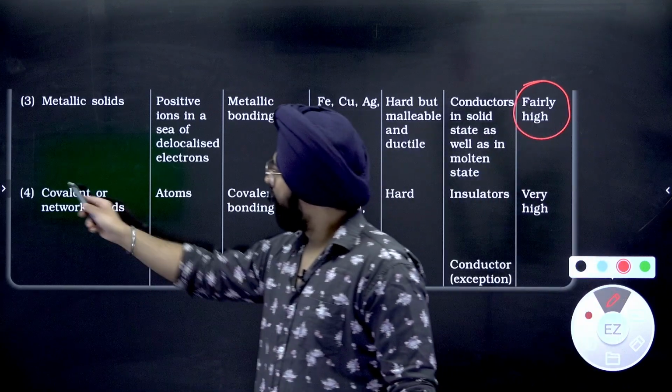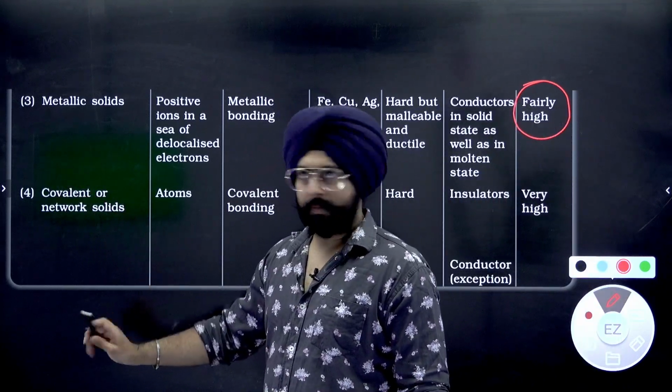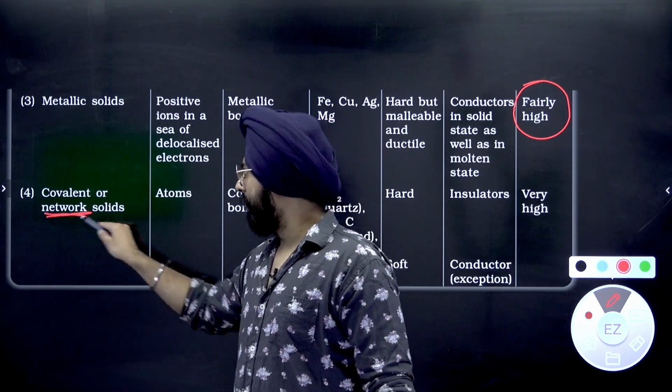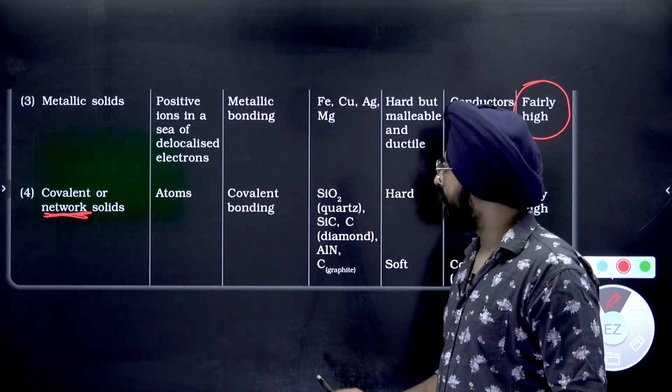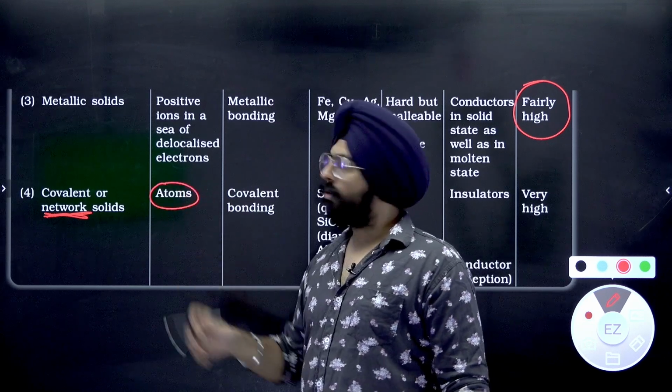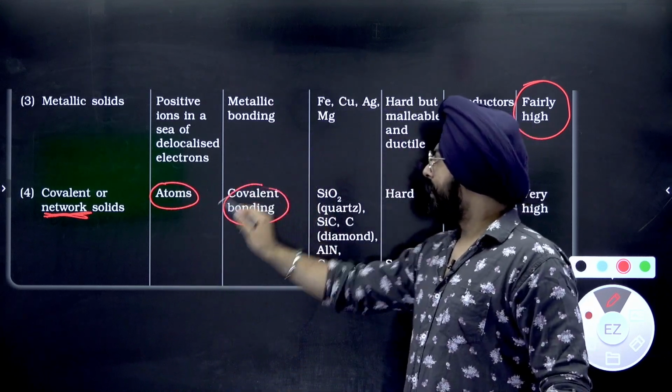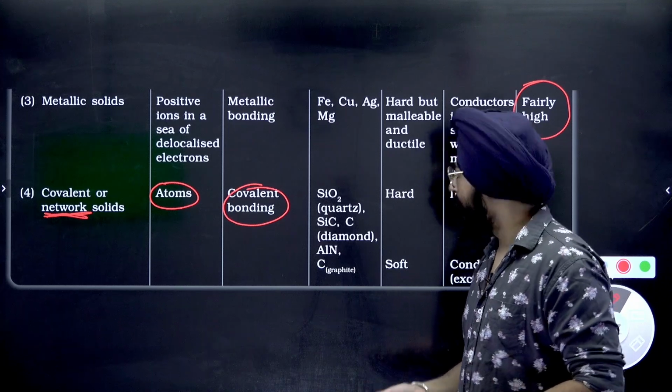Okay. And then covalent or network solids. They are also called network solids. Why? We'll see an image in a couple of slides. You'll know why. So atoms are the constituents. They are connected to each other with covalent bonding. Some notable examples, of course, are diamond,